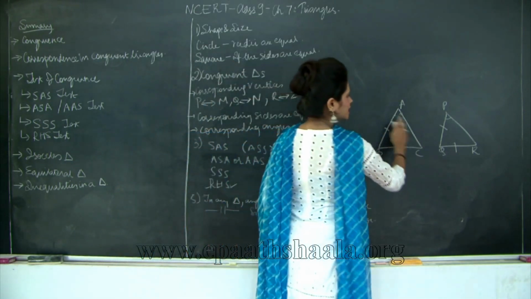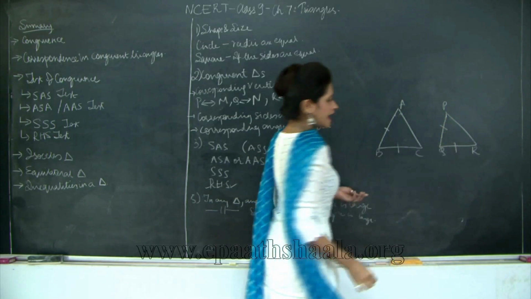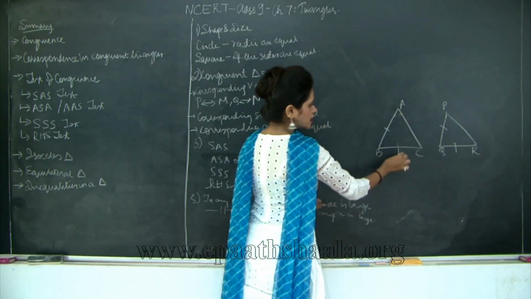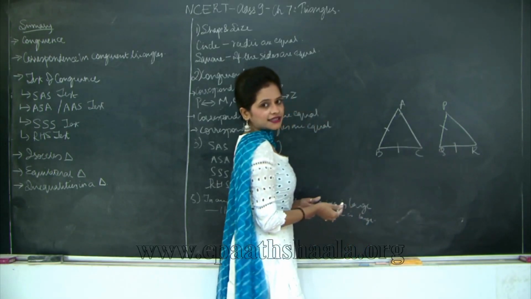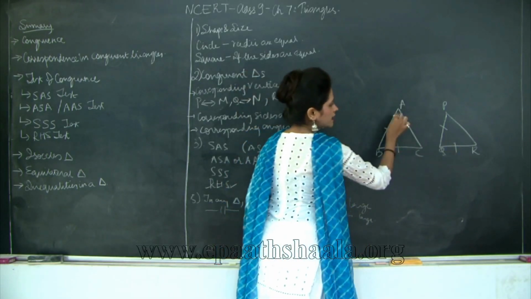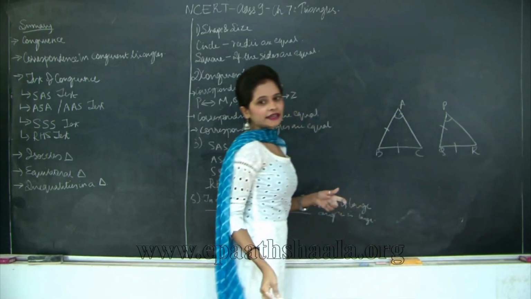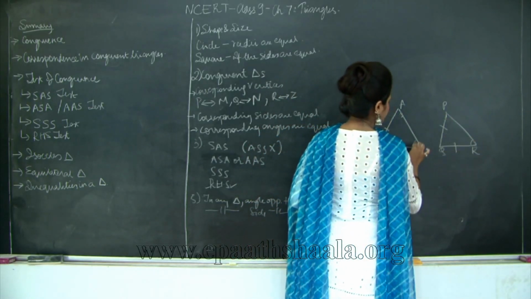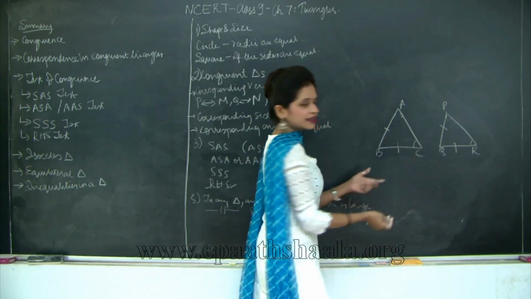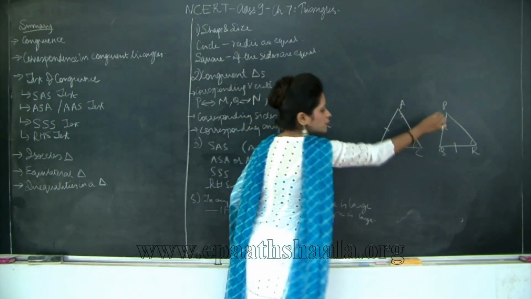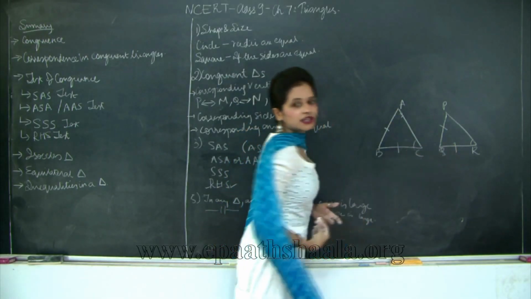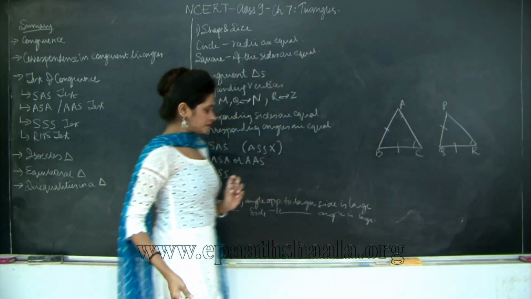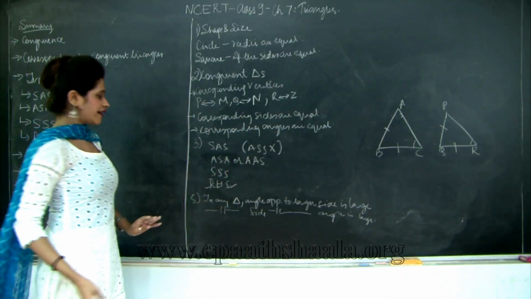Even if I don't mark these angles as congruent, I do have them as equal. These two angles are equal. Why? Because the opposite sides are equal. See, BC is equal to QR, therefore angle A is going to be equal to angle P. Similarly, these two angles are congruent by default. Why? Because AB is equal to PQ, therefore angle C is going to be equal to angle R, because they are the corresponding angles for the given sides. Therefore, the ASS test is not valid.